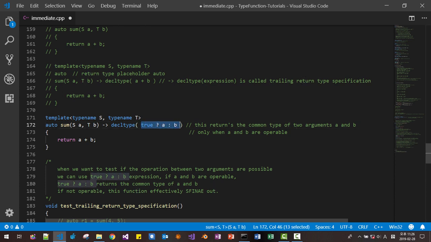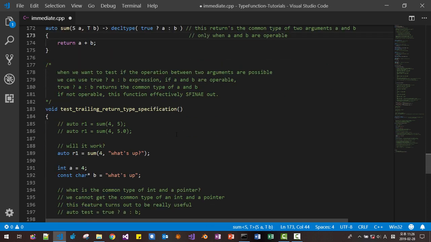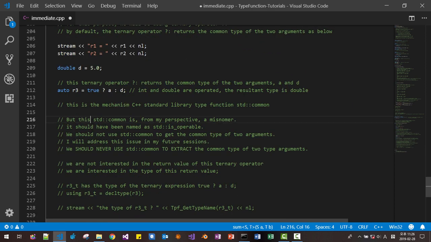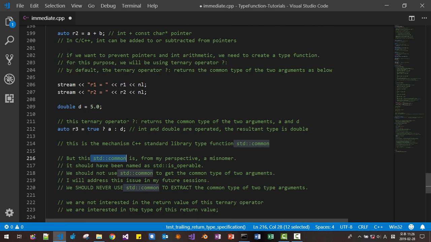This expression plays a really important role in advanced template metaprogramming. Also please note that I said std::common_type. std::common_type is built using this ternary operator, and it causes lots of problems if you don't understand it correctly.